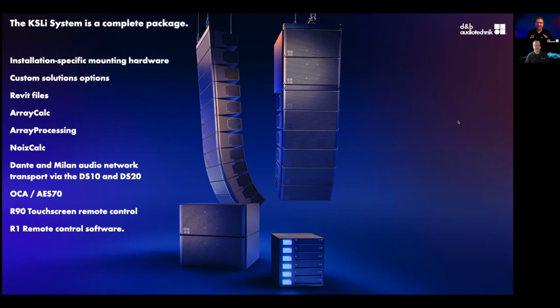And all of the things that go around that loudspeaker system. Because remember, D&B is not just about loudspeakers and amplifiers. It's this complete solution package. Dave just talked about the installation specific rigging or the custom solution options that you have with KSL, as well as many of our other products.